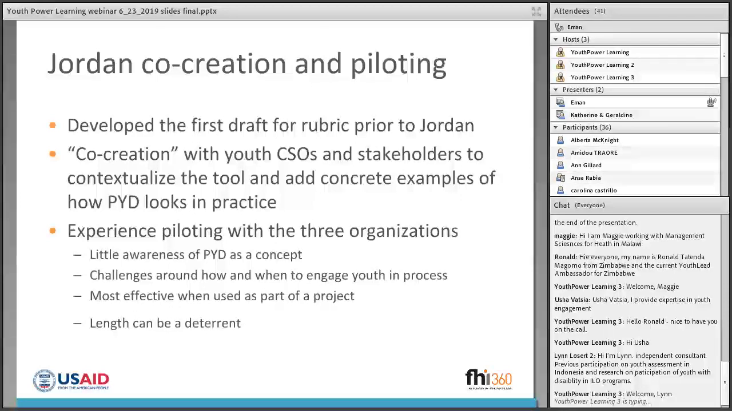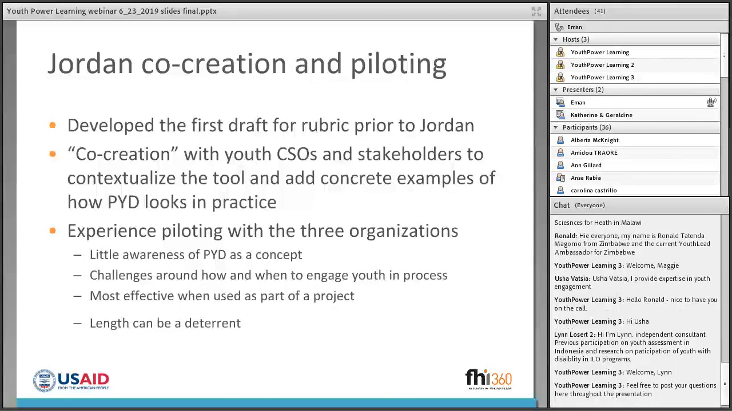Based on that co-creation workshop, we modified the tool. And then we actually went out and piloted it with 3 organizations. And from the first pilots, I could say that all organizations were very excited. I think this was the first time for them to see such a tool and reflect on themselves as youth serving organizations. What we found out is that organizations did not know much about